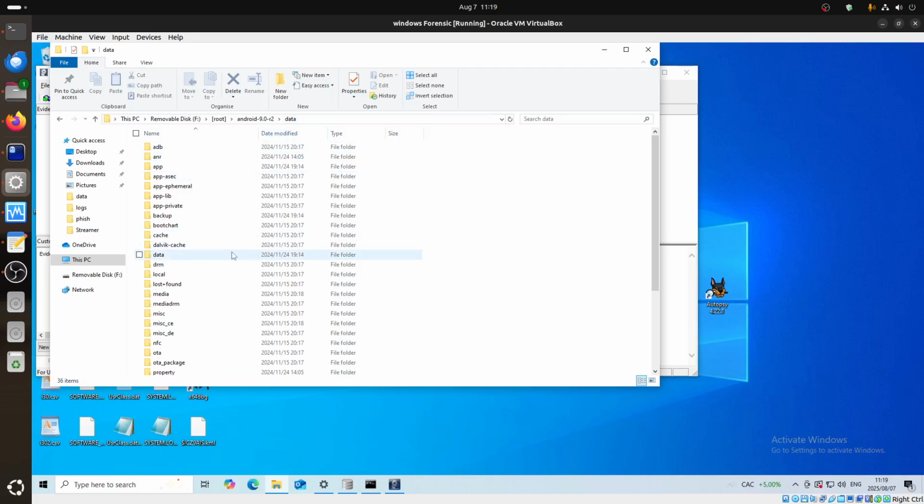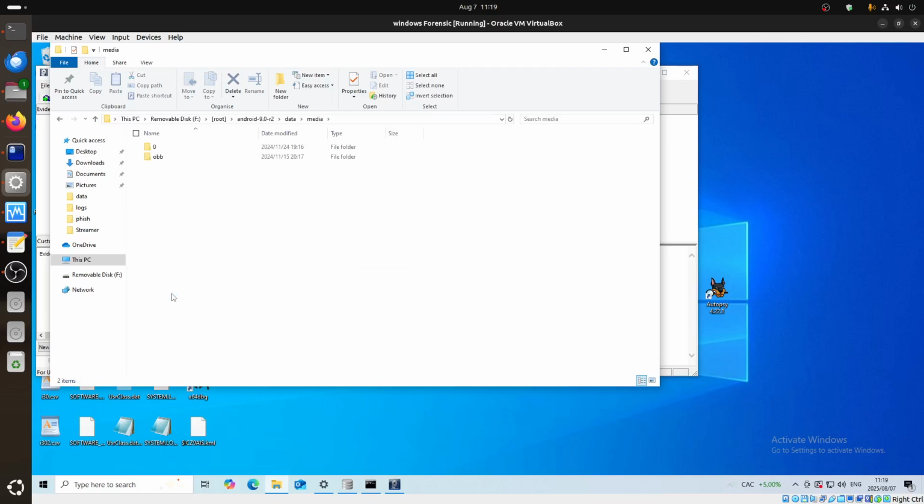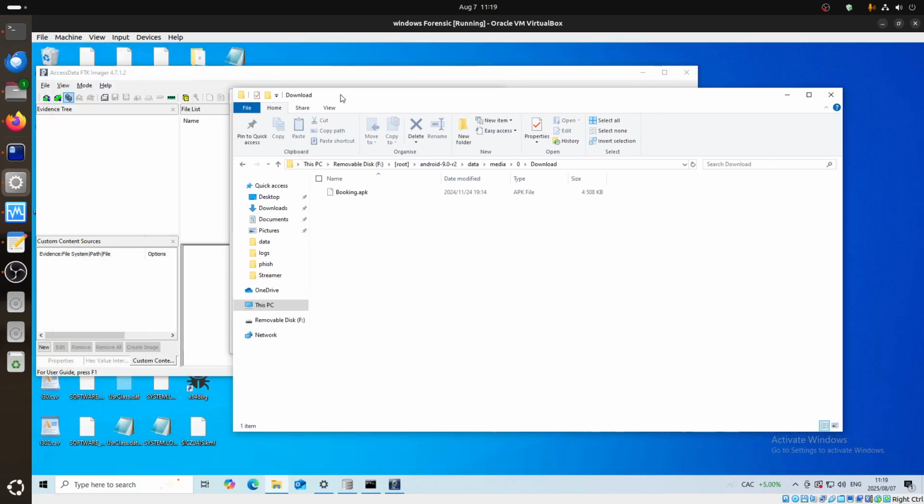Most of them, you have the app. You have, for example, media. We can see here media. User, the first user is always 0. For example, if I say download, then we can see there was a download file. I will create